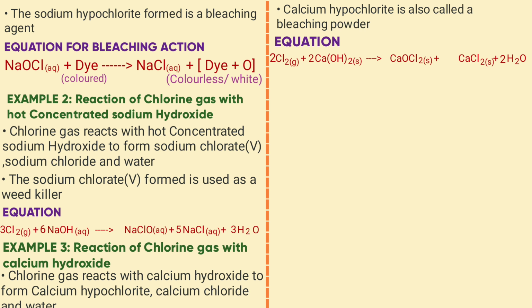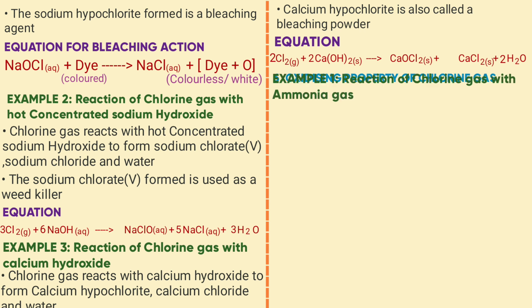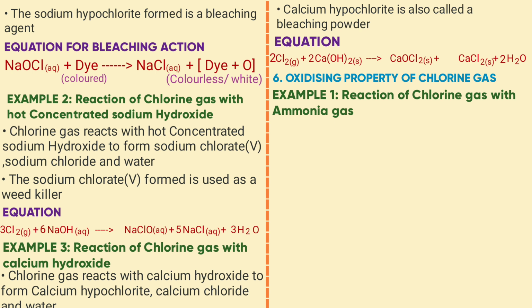Now, the next chemical property is the oxidizing property of chlorine gas. Look at 2 examples here. Example 1, reaction of chlorine with ammonia gas. Ammonia gas, in this case, is the reducing agent. The general reaction that takes place is chlorine gas plus ammonia gives you ammonium chloride plus nitrogen gas. To balance the equation, place 3 where there is chlorine, 8 where there is ammonia, 6 where there is ammonium